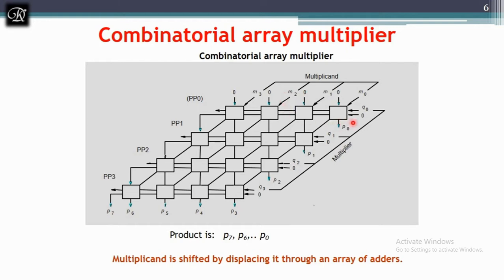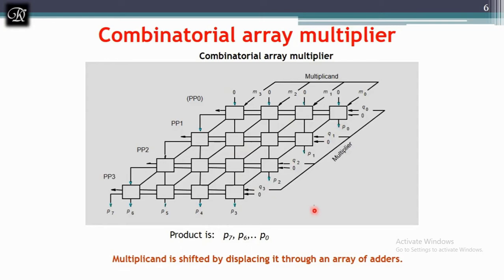Here each stage is going to release a partial product, and this circuit is a little complicated, and this is one of the disadvantages of a computer multiplier, because for a 4x4 multiplication, a 4 bit multiplied with a 4 bit, we have got around 16 combinational array circuits with the help of full adder and AND gate.